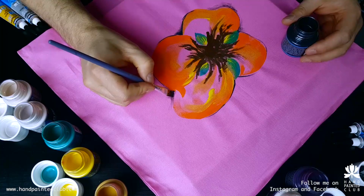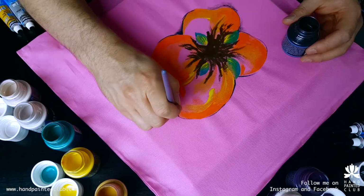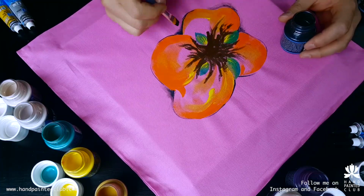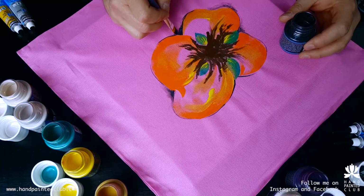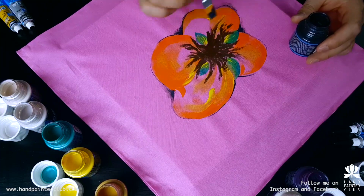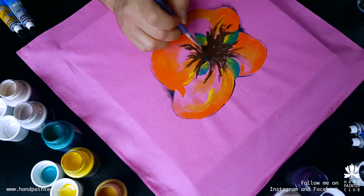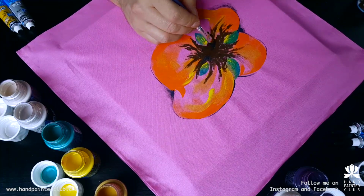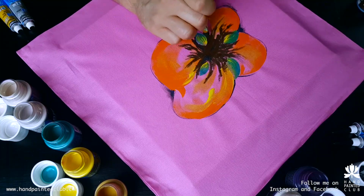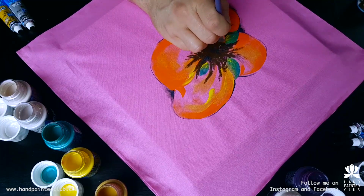I'm going to do it slightly against the rule, but I'm using it on a pillowcase, so that's fine, that's okay, and this is just for you to show. But basically the rule with using the 3D paints, if you're combining 3D paints with your normal Setacolor liquid pots, you have to set the pots before that, so wait for the paint to dry. So if that was the moment I wanted to stop and I said, you know what, this is what I really like, and I just want to add a bit of 3D dimension on top of it, just wait for it to dry, set it with heat, 5 minutes on the highest setting available for the fabric, with your iron, and then when it's set, just add the